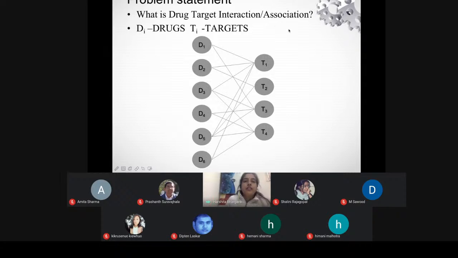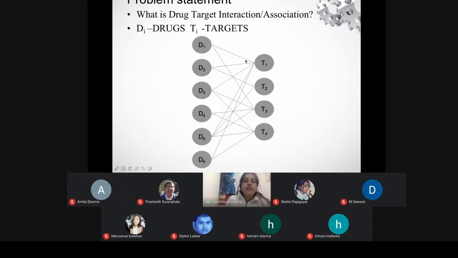ठीक है, हम ई कॉमर्स में बात करते हैं तो वहाँ पर वी हैव अ रेटिंग मैट्रिक्स, या हम उसको यूटिलिटी मैट्रिक्स भी बोलते हैं. वी कैन से इट एज अ प्रेफरेंस मैट्रिक्स ऑल्सो. बट इन केस ऑफ ड्रग्स एंड टारगेट्स अगर हम कहेंगे तो यहाँ पर वी हैव द नोन एसोसिएशंस और द नोन इंटरेक्शंस दैट आर रिप्रेजेंटेड बाय दीज एजेस. Okay, so if we have association matrix or a drug target interaction matrix, we can depict, मतलब graphically हमने इसको graph के form में किया है, but internally we have an association matrix. ठीक है, association matrix में क्या होगा, each drug is related to a target or it is not interacting with the target of course.